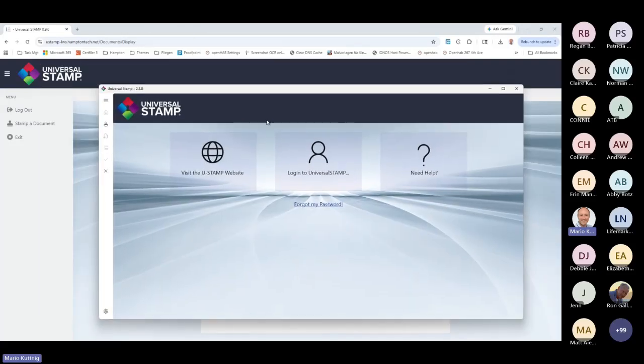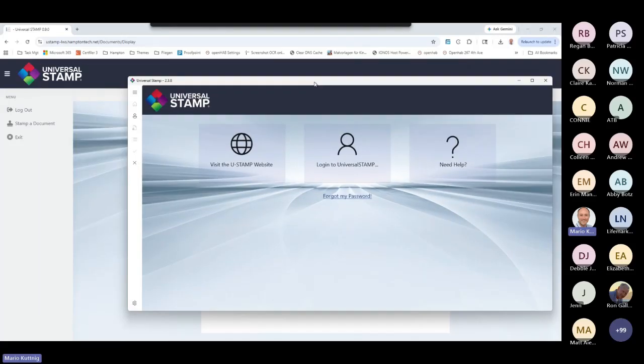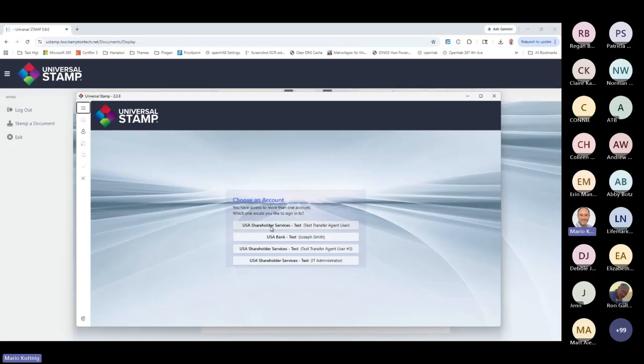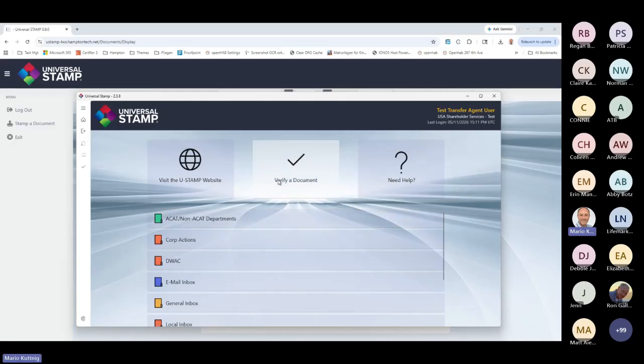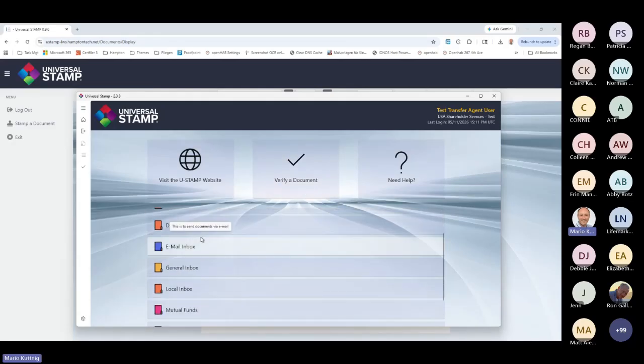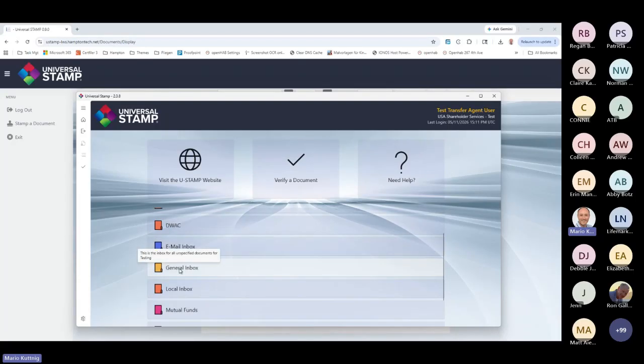On my screen, you now see the app, and it's really very similar. I want to log in as a transfer agent now. And the reason I do that is because I just got the email that said, please log on. And you might remember these 6 or 7 inboxes we saw when we assigned the document. That's exactly the inboxes that the recipient sees because it's theirs. And when I click on the general inbox,